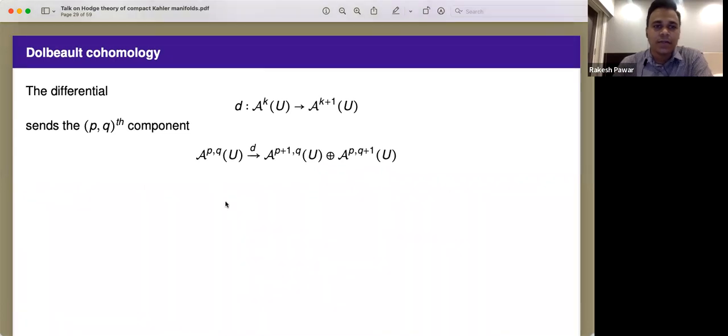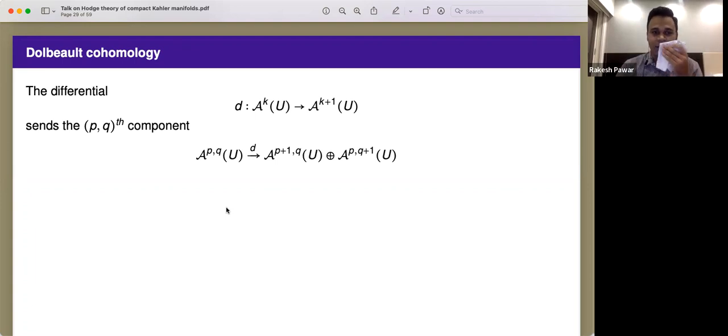Right. So now the next ingredient. Till now we just used the fact that there is a de Rham cohomology of X, a complex manifold, which is defined using the differential structure, and we have identified it with the singular cohomology of X, which came from the topological structure of X. But now we want to use the complex manifold structure underlying, which is there. We still haven't used it, and that's where the Dolbeault cohomology will come in.